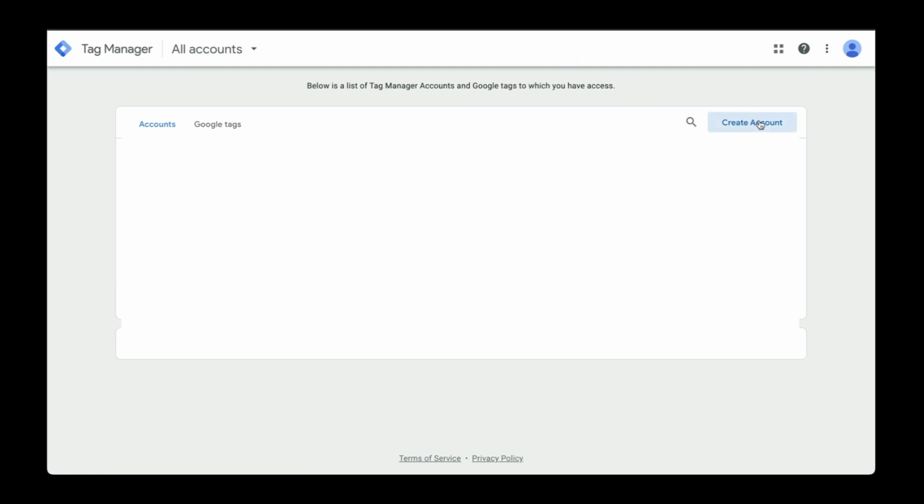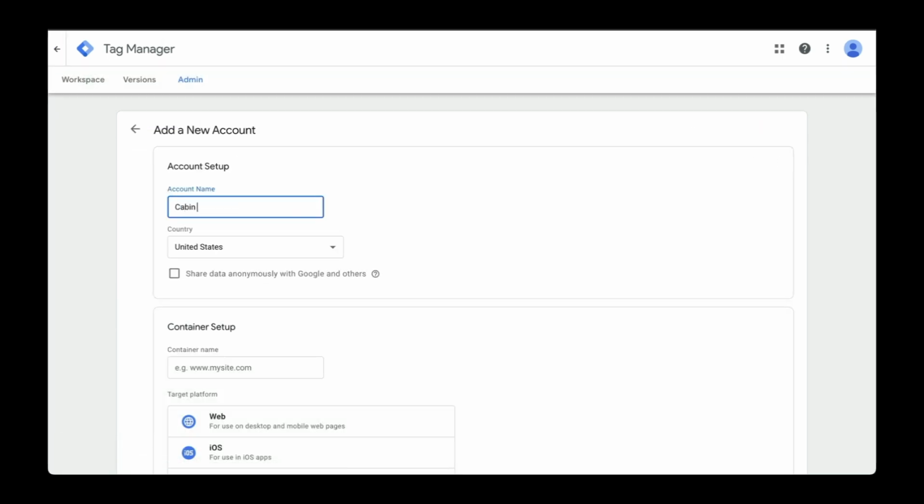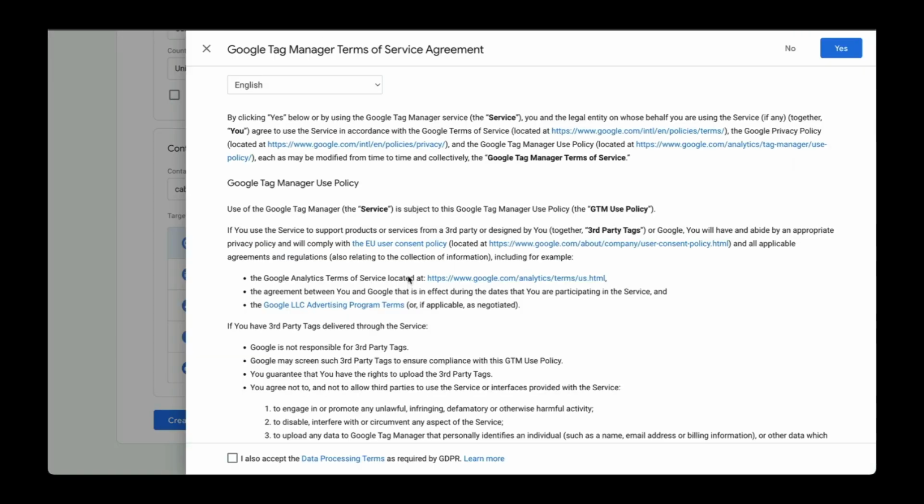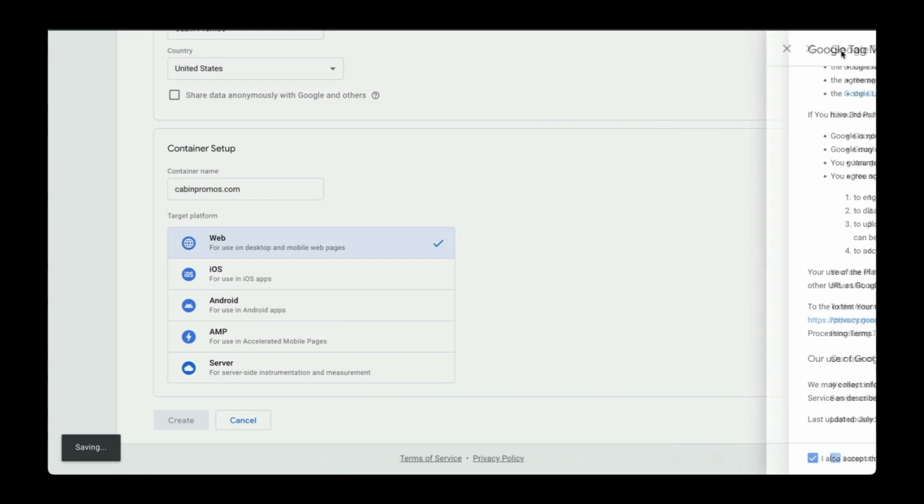Let's create a new account here. I'll enter the name of my website. Website name will be cabinpromos.com. This is going to be a web platform. In another video, I'll show you how to set it up for AMP once we build out landing pages. Let's hit create, read the terms of service, and if you're okay with it,